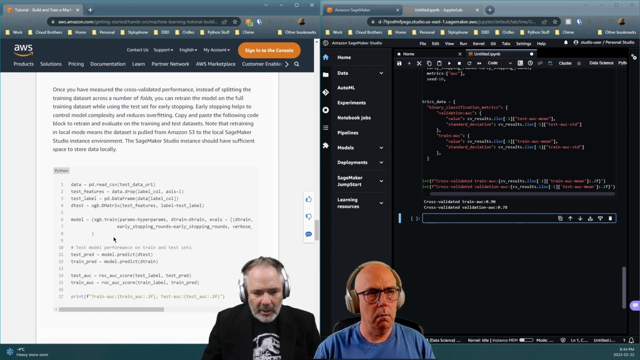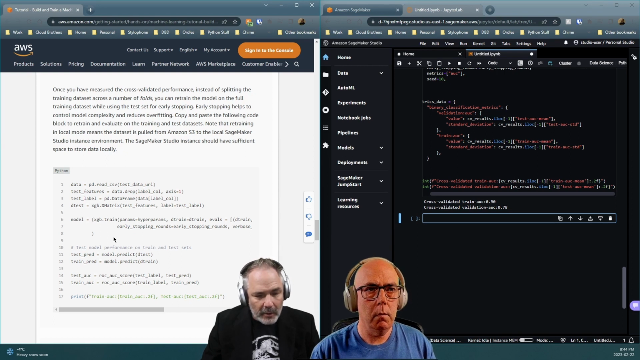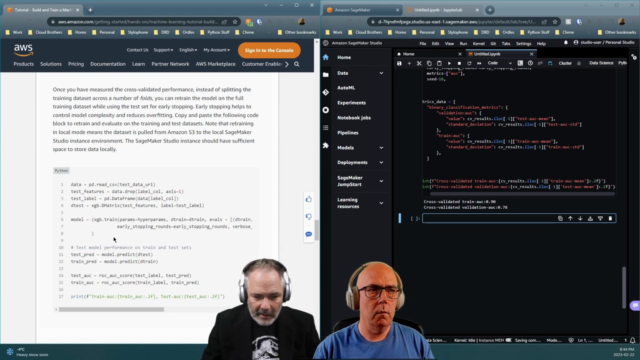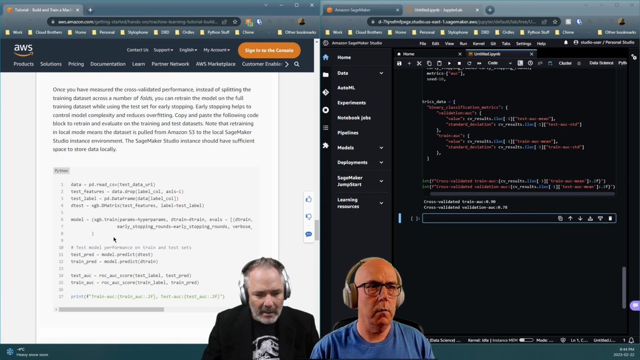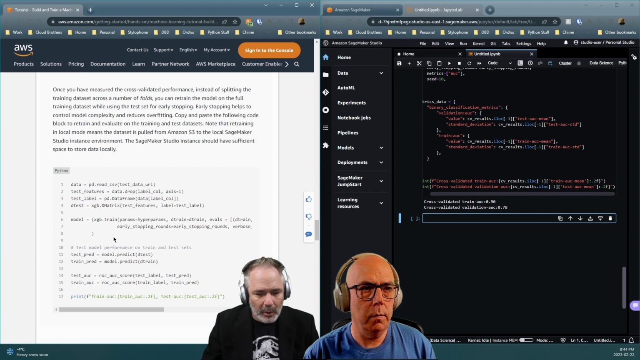Once you have measured the cross-validated performance, instead of splitting the training dataset across a number of folds, you can retrain the model on the full training dataset while using the test set for early stopping. Early stopping helps to control model complexity and reduces overfitting. Copy and paste the following code block to retrain and evaluate on the training and test datasets. Note that retraining in local mode means that the dataset is pulled